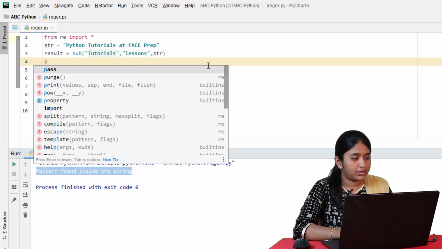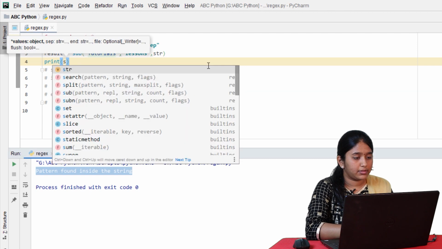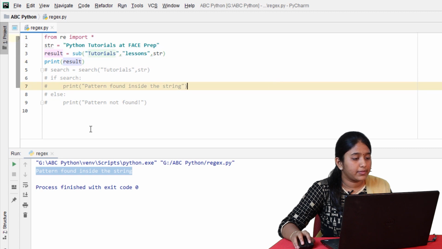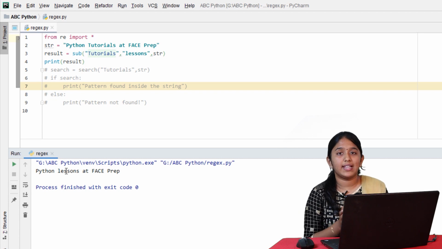And then print result, click on run. So tutorials have been substituted with lessons.